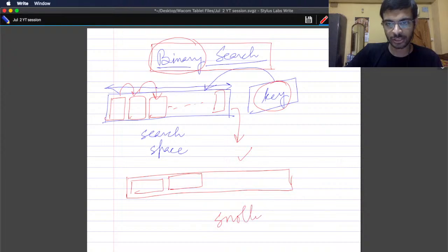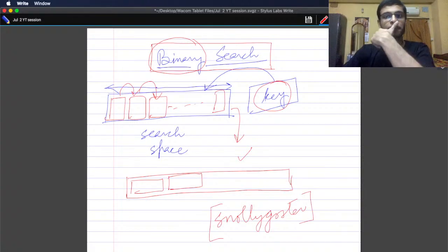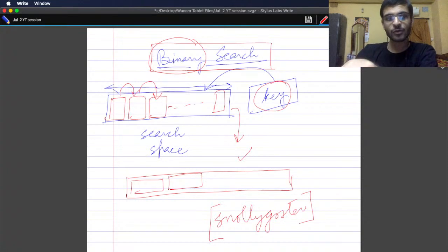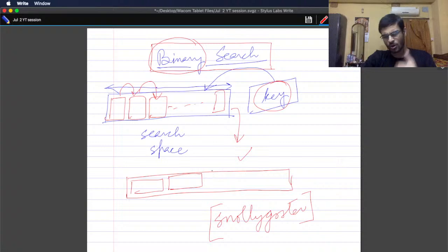say snollygoster. It's a word which came to our knowledge from Dr. Shashi Tharoor. So suppose we use this word and now we want to search where this word is. We definitely cannot deterministically say that it will be some xth word, some xth place in the dictionary where it will occur. But we can say something, if we find out, or forget about how we can say this,